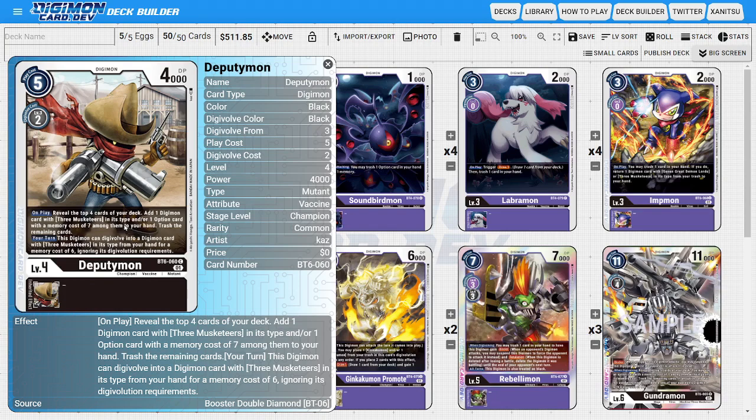So what his on-play ability is doing is we get to reveal the top 4 cards of our deck, and then we get to add 1 Digimon with 3 Musketeers in its type, and/or 1 option card with a memory cost of 7 from among them into our hand, and then trash the rest. So this is just another really good consistency tool, just ensuring that we have the availability to try to see the cards that we want to see,